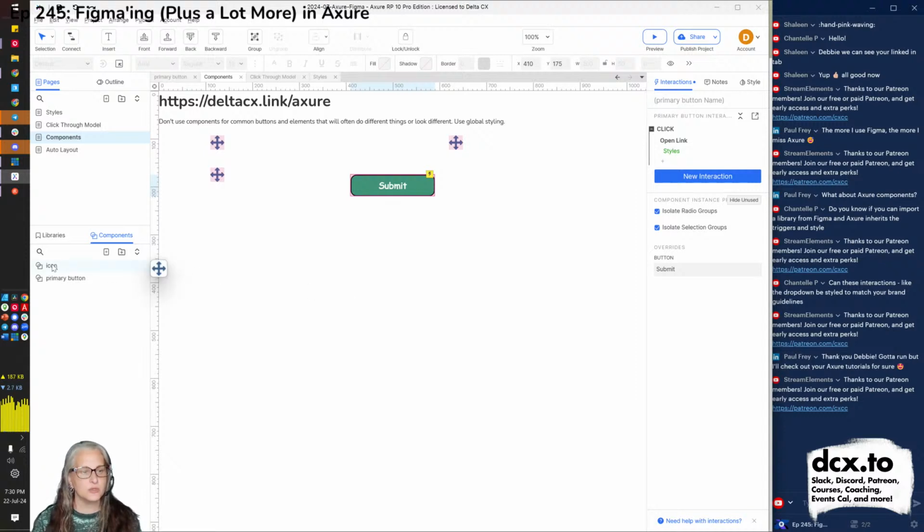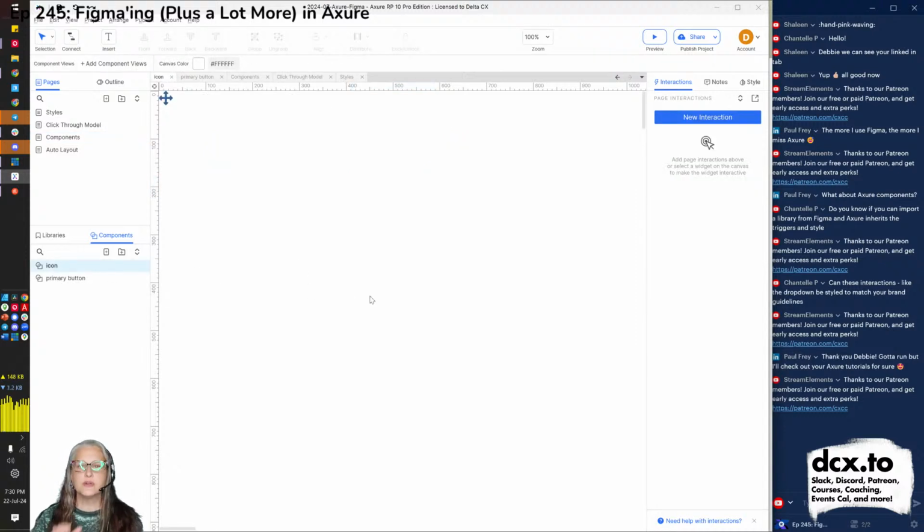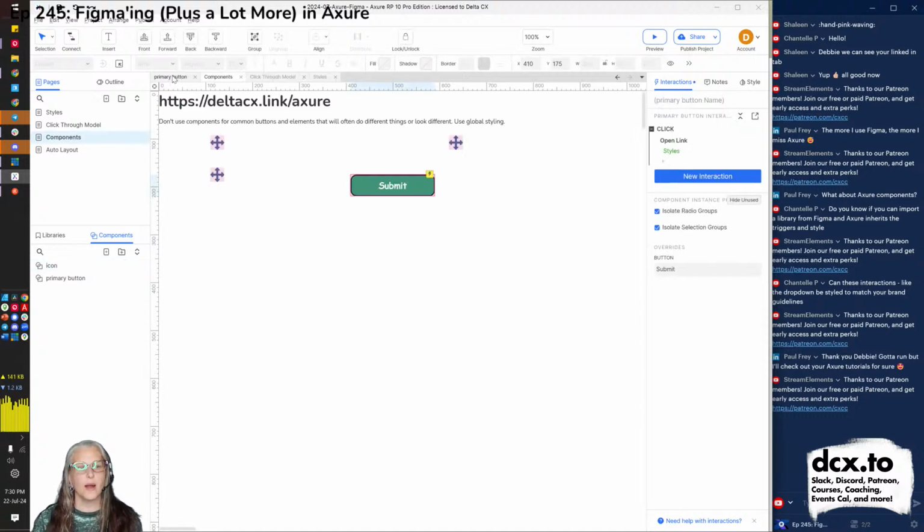I mostly use components for reusable pieces that might change later, where I'm really going to be grateful that they are in some sort of global thing that is easy to change. So what do I use them for the most? Website or app headers, website or app footers, because typically those look the same on every page.